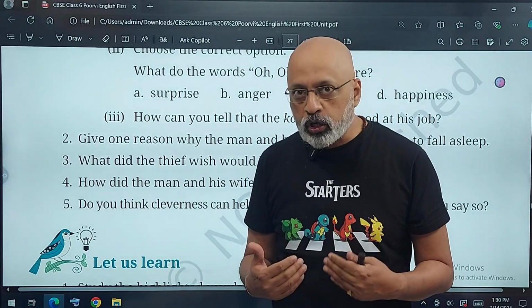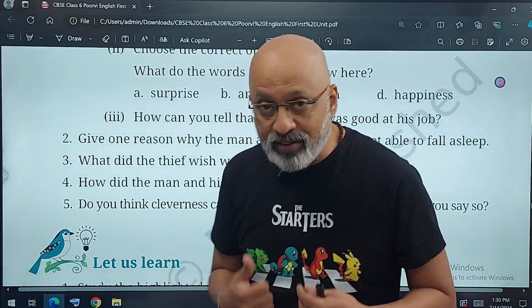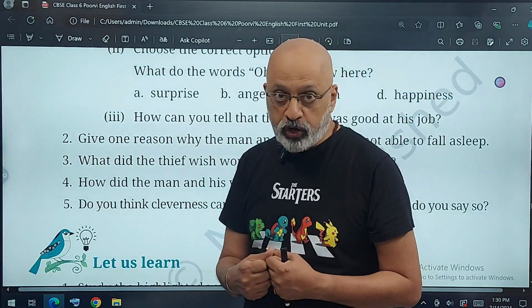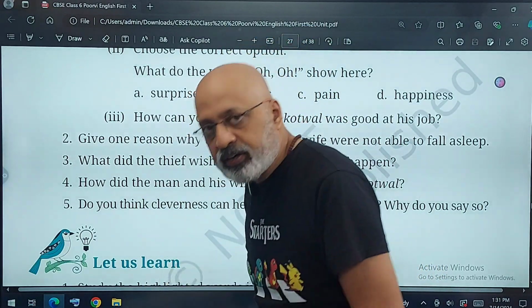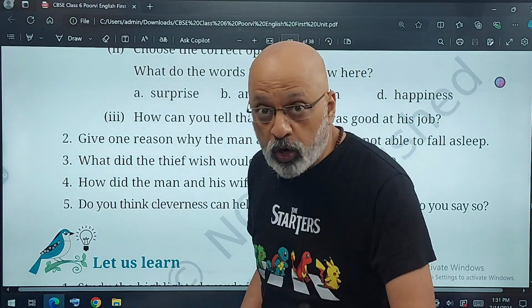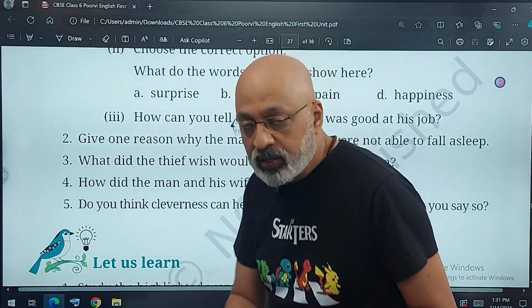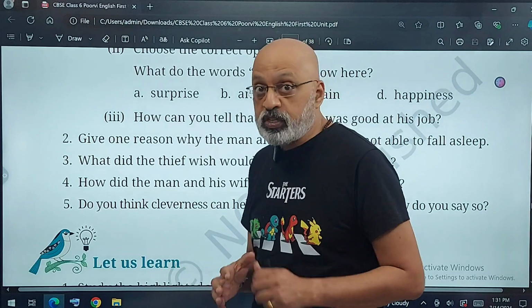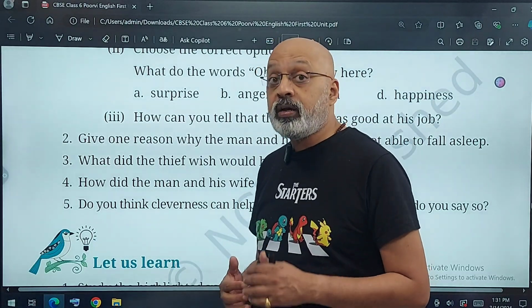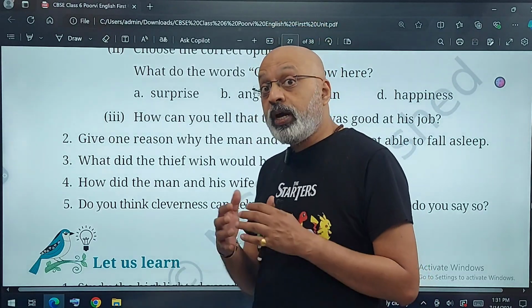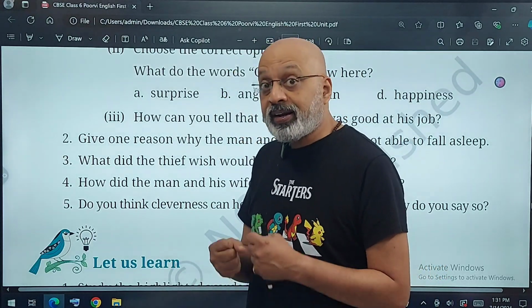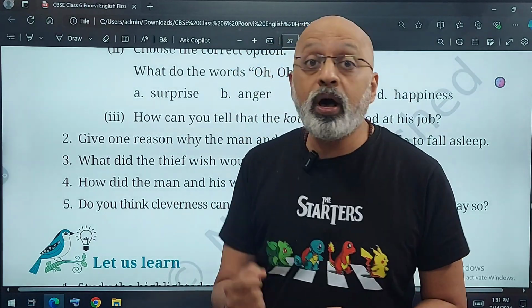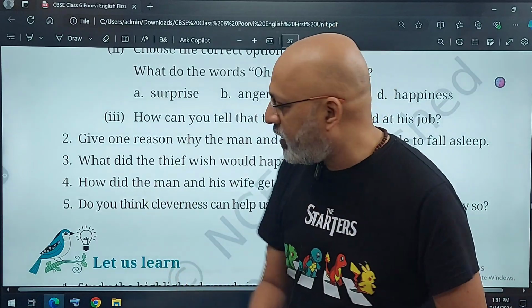At that time, in order to save yourself from the attack of the stray dog who wants to bite you, you suddenly pick up a stone from the road and behave as though you're going to hit him. You may not want to hit him, but if you suddenly behave that way, the dog will also retreat a few steps. It will realize that it is also under threat from you. You know, the stone can hit you. So by showing presence of mind and cleverness without getting scared, you are able to save yourself. I just gave a random example.